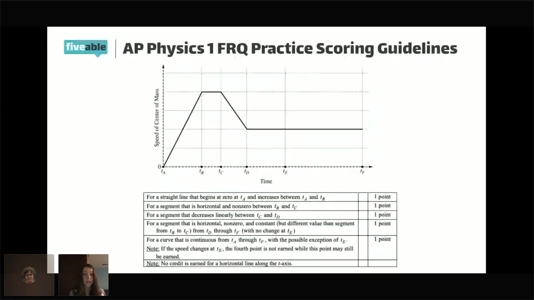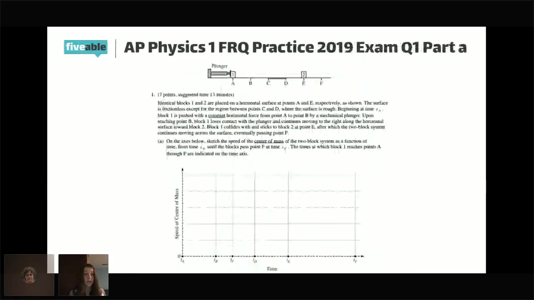Then from C to D, we know that it has contact with the frictional surface. The frictional surface, as shown in the diagram, is going to decrease our speed, or the magnitude component of velocity of the center of mass. So this is the tricky part. If you could go back to the